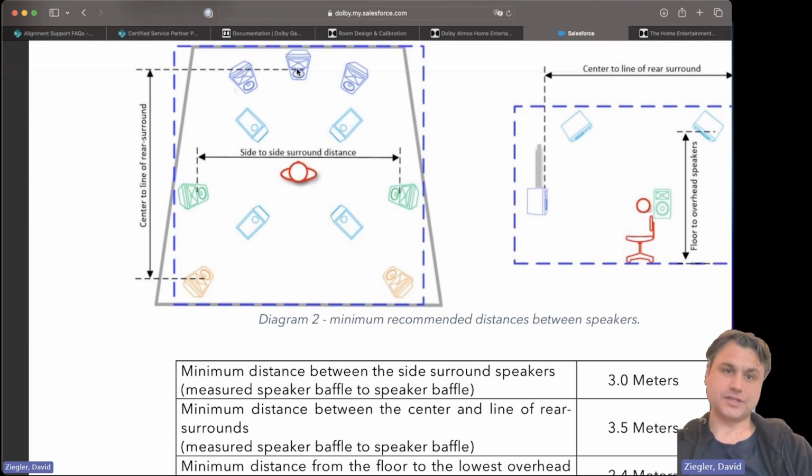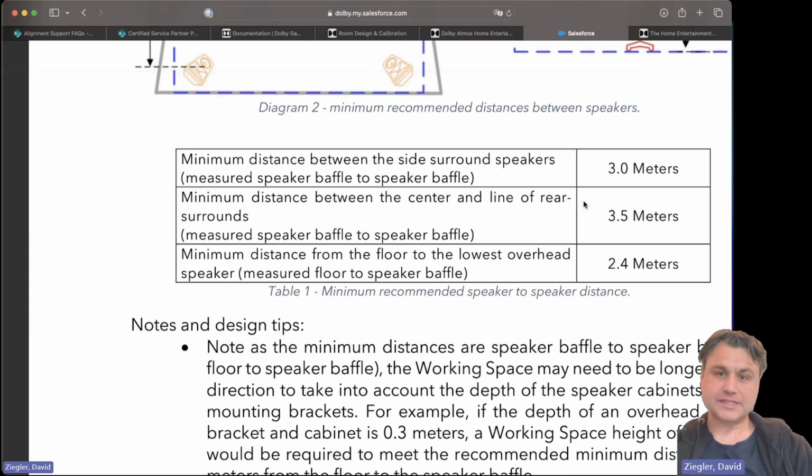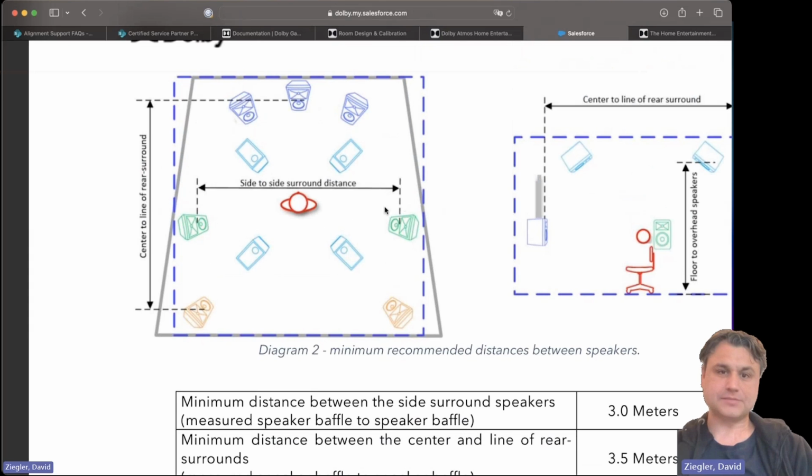And the same goes for the distance from the front to the rear. So we recommend to have at least 3.5 meters distance measured from the front speaker, the center speaker baffle, to the back surround line. So as you have probably noticed, this is slightly less than the working space dimensions that we talked about just a minute ago. So when you look at these minimum distances, we are really looking at the distances between speakers,